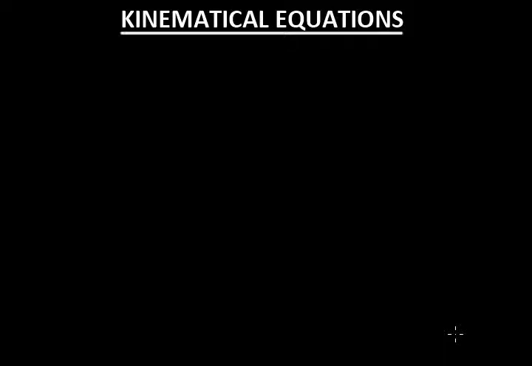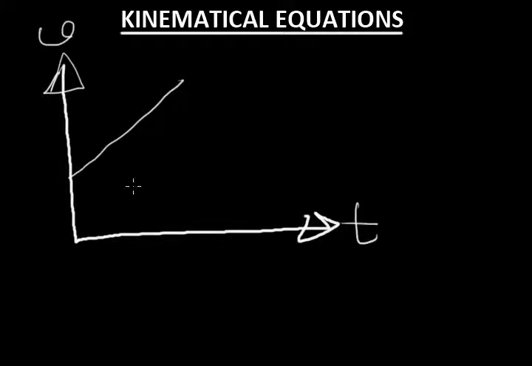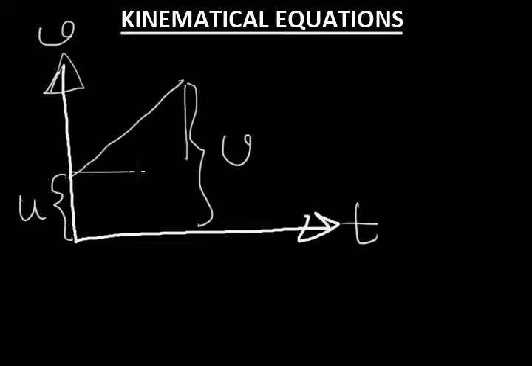Well, we now come to kinematical equations, and these equations should be proved graphically. When we prove them graphically, it's very important that the graph should be drawn for velocity time. As we draw it, we have this as velocity, and this is time. This is the initial velocity, u, and this is the final velocity, v. Now if I drop a perpendicular from here, and join this line like that,